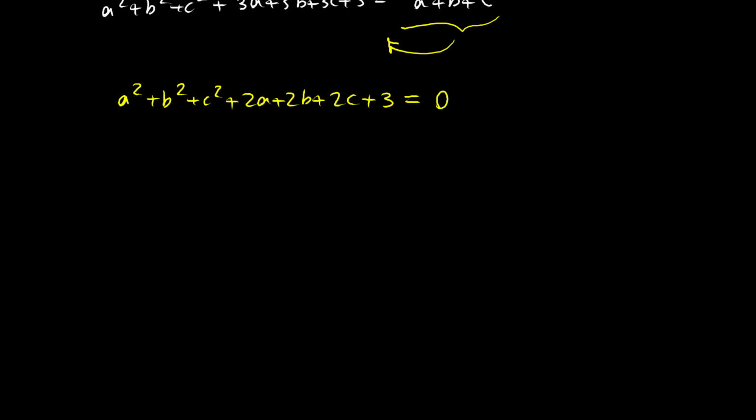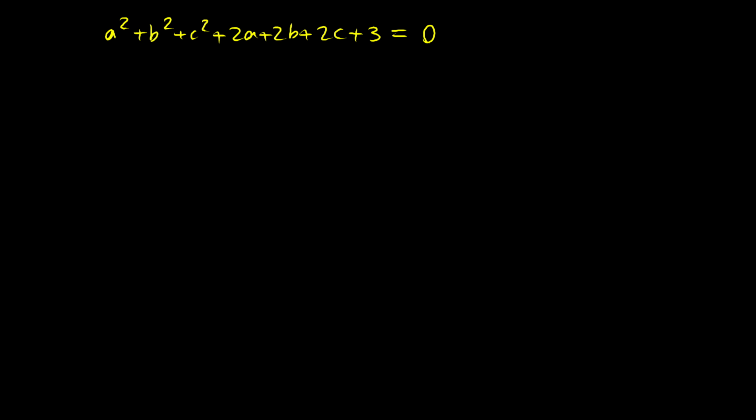So we have a nice equation here, and now we need to try to find a way to factor this, or in a way manipulate it somehow to be able to solve this for a, b, and c. So here's what I'm going to do. I'm going to rewrite the left-hand side in this way. So a squared plus 2a, and then b squared plus 2b, and then c squared plus 2c. And then we have plus 3, but I'm not going to write this. Instead, what I'm going to do is that I'm going to break this 3 into 3 ones, and then I'm going to add 1 here, and here, and here,